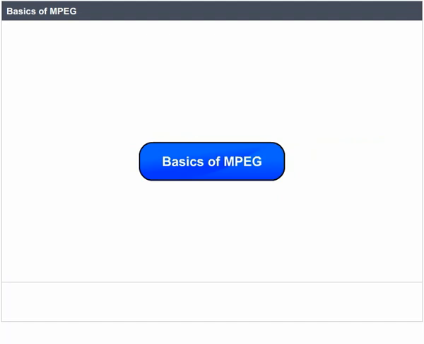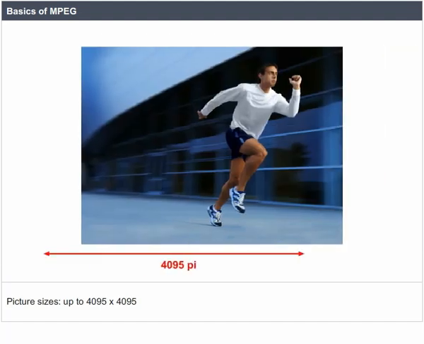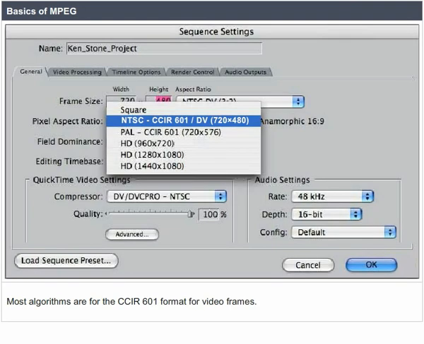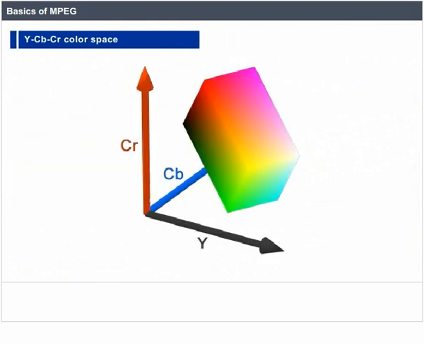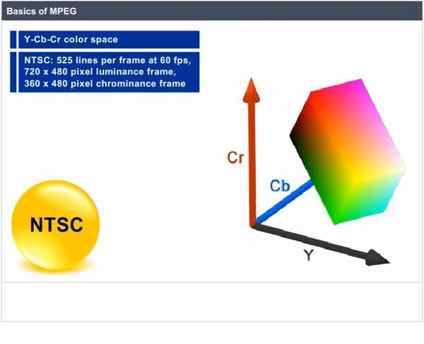Basics of MPEG. Picture sizes up to 4095 by 4095. Most algorithms are for the CCIR 601 format for video frames. YCbCr color space. NTSC: 525 lines per frame at 60 fps, 720 by 480 pixel luminance frame, 360 by 480